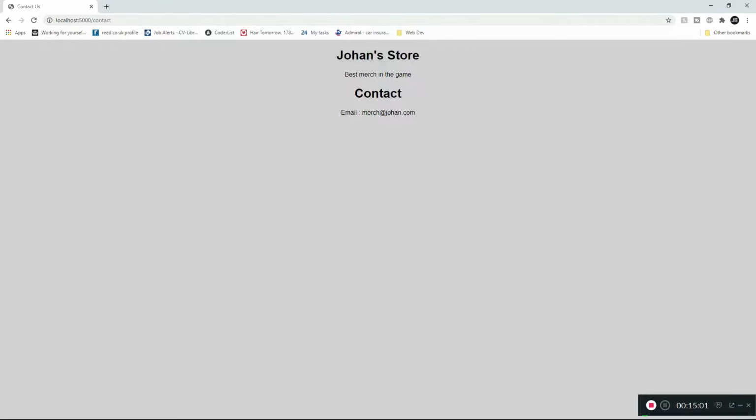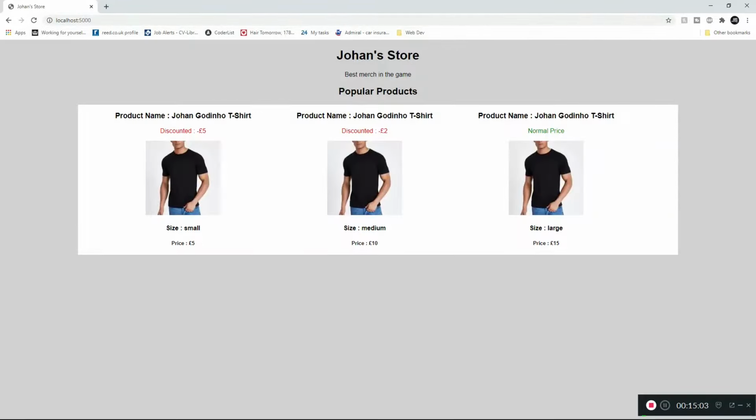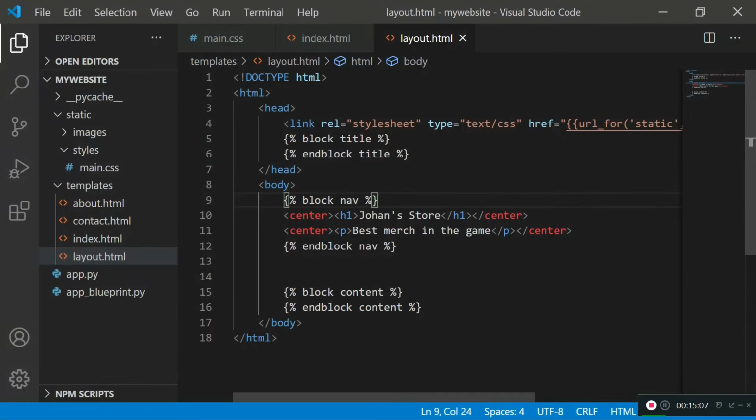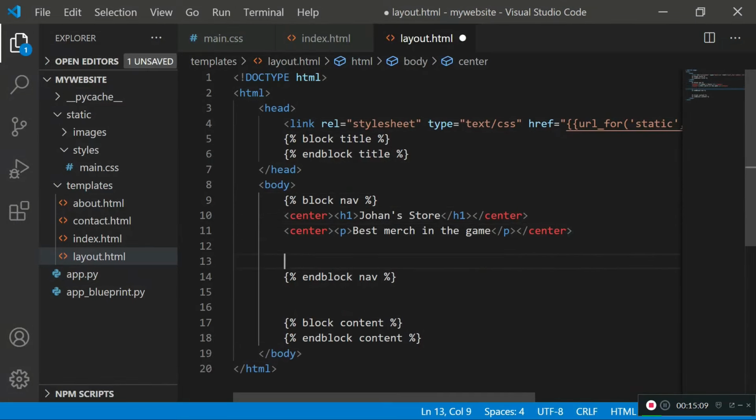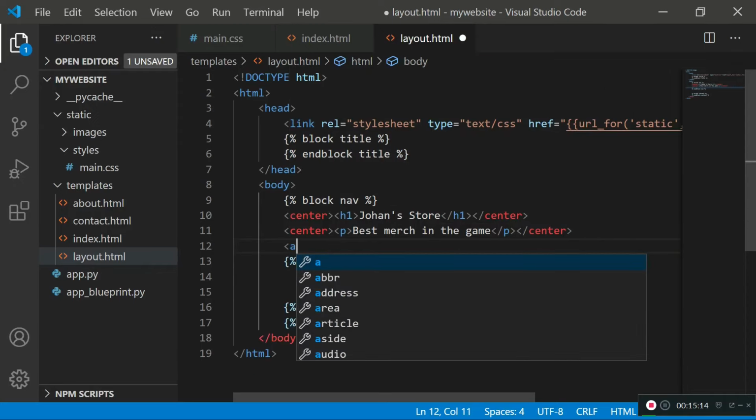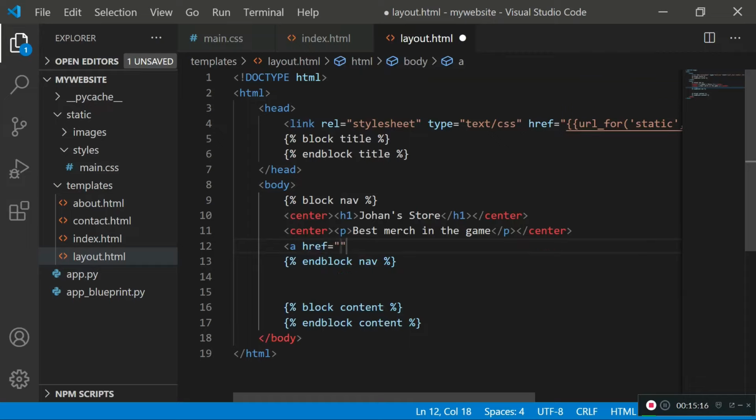Cool. So what we want to do now is go back to our homepage and work on there. So I'm going to go ahead and add the links to my different pages. I can do that by simply creating an anchor tag, and we're going to be using url_for, which we learned about yesterday. So in the href, we're going to do a code block where we're going to do url_for,